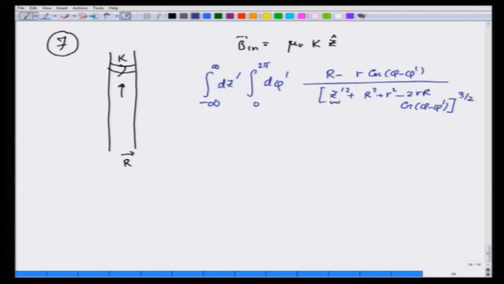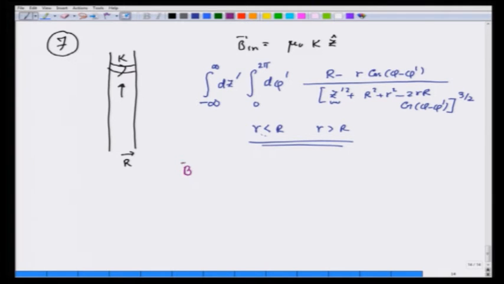Instead of z prime, we have written z out there. So, correct that please. This value is for both r less than R or r greater than R. We want to find this. Now, according to Biot-Savart law,